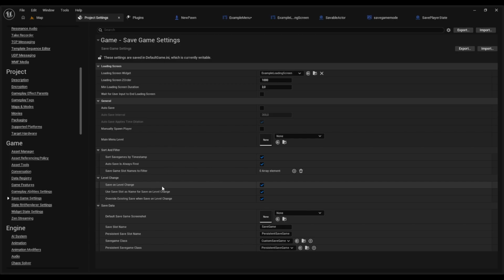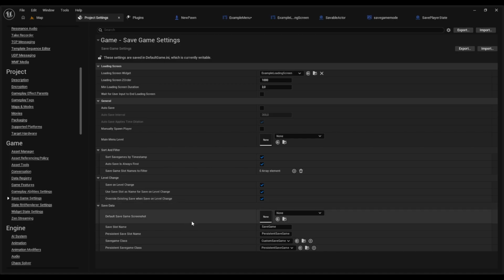everything happens again. Then as well here, if you use this on level change, this makes a new name for the save slot. If you want to make sure that it's always just one file, you don't need to use this because then it would just override it. But sometimes maybe you want to make sure, hey, for the player, have it save in the new level, but don't lose the progress of the previous save, then turn it to false. And yes, this one would be if it's overwritten or if it always creates a